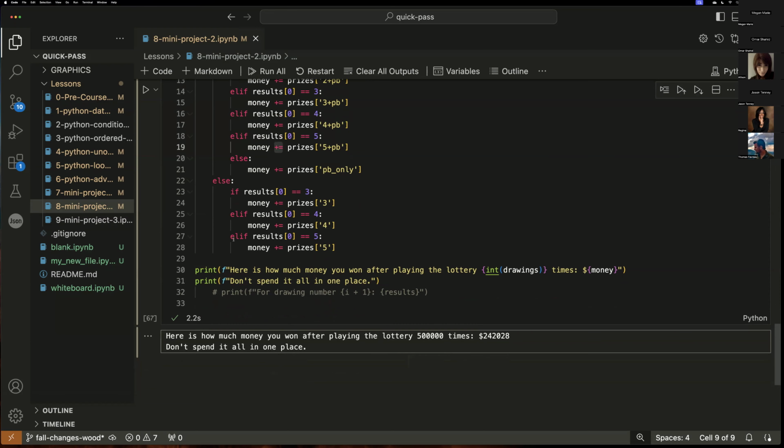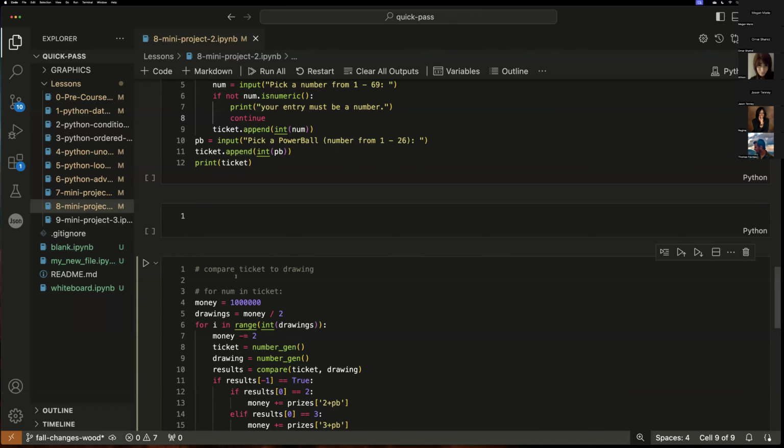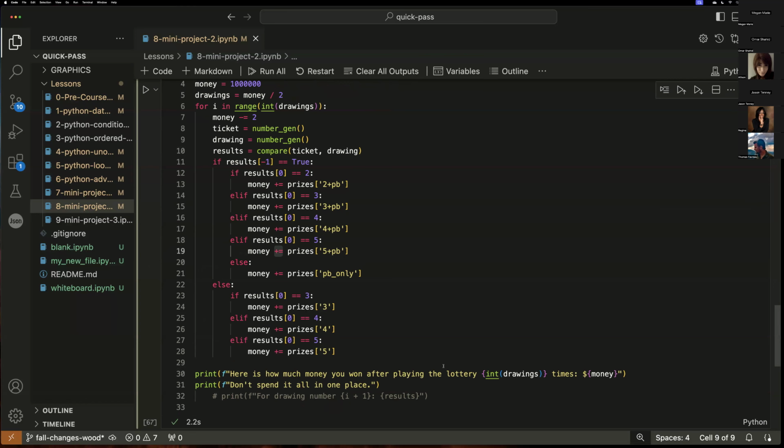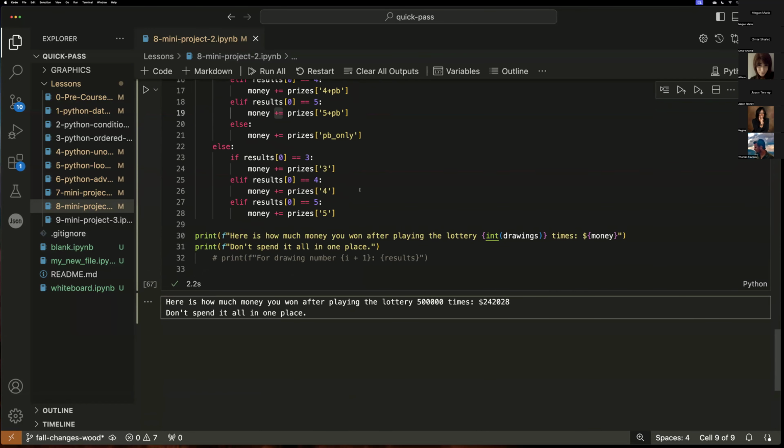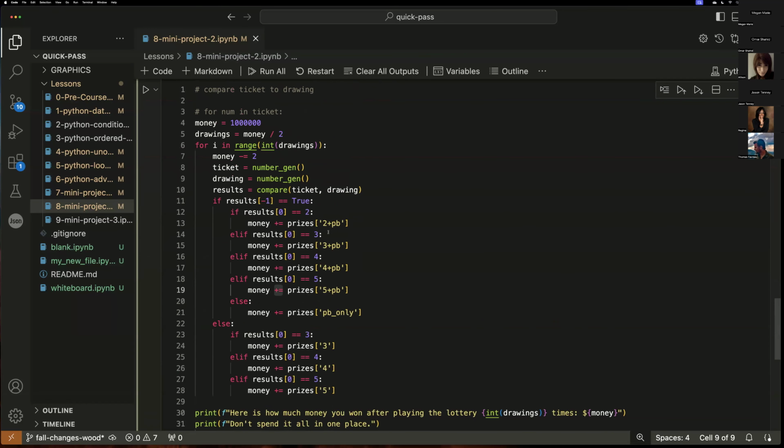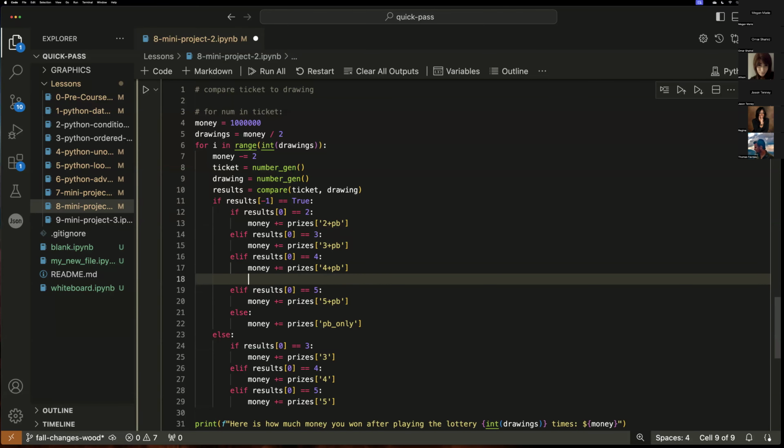Spoiler alert, you can probably run this 1 million times or even more, and you're always going to end up losing, because the odds are just not in your favor at all. But we can throw other stuff in here too, right? So we can say, okay, well, if we win this one, like we can print something that kind of stands out. So